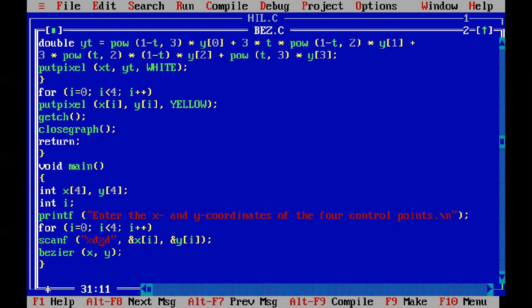We need to read these points from the user, that is x0 y0, then x1 y1, then x2 y2, then x3 y3. Likewise, we need to read 8 values: 4 for x and 4 for y. The combination of these two is nothing but 8 values.